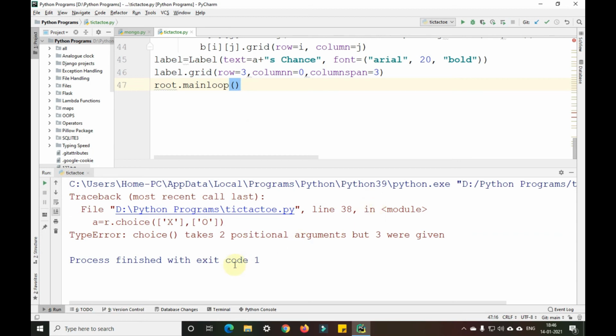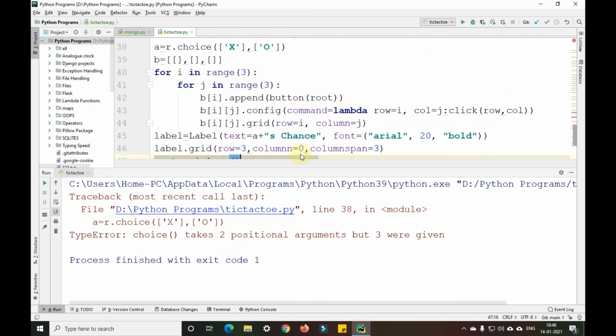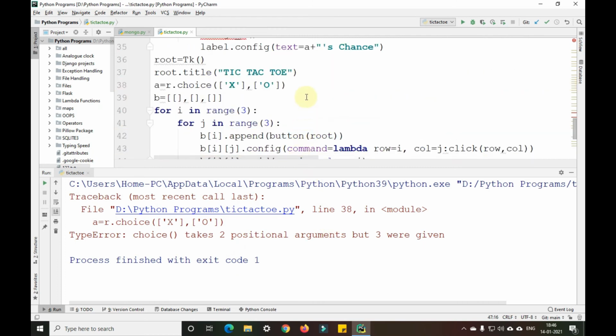So it is showing choice of articles in line 38. We have given somewhere a mistake, guys. Let me check that mistake.